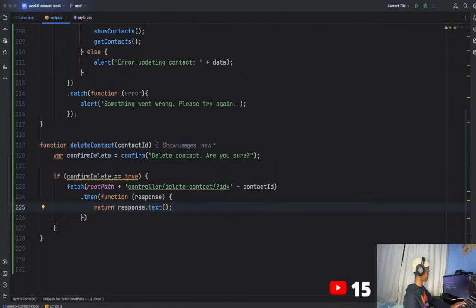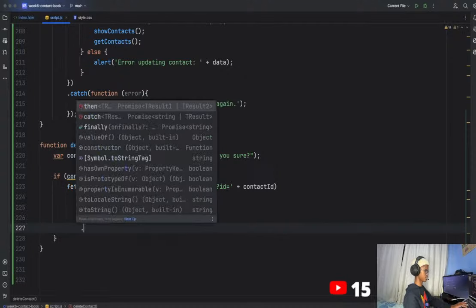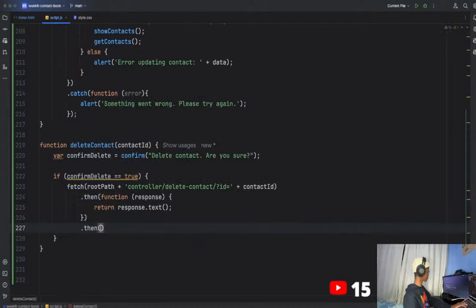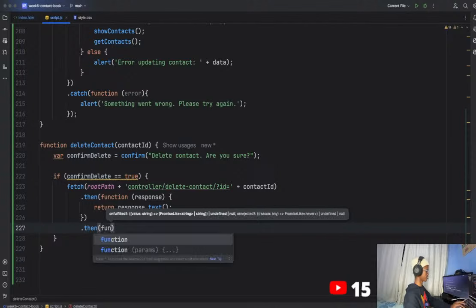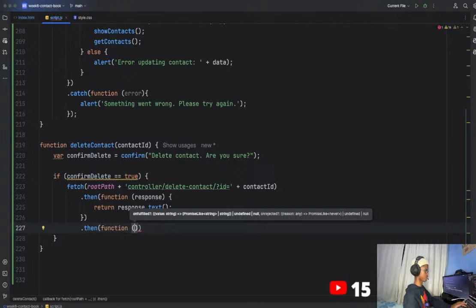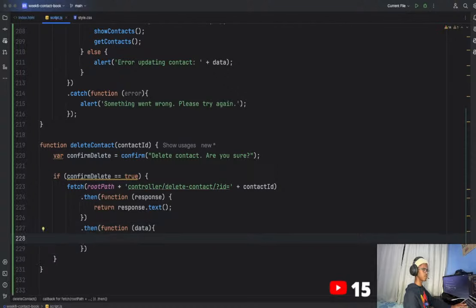So if we get that back, let's go down and do a dot then, and then in this dot then we'll have a function of data. So that's the data we just got. Then in here now we want to check if our data is equal to 1, and if it is equal to 1,